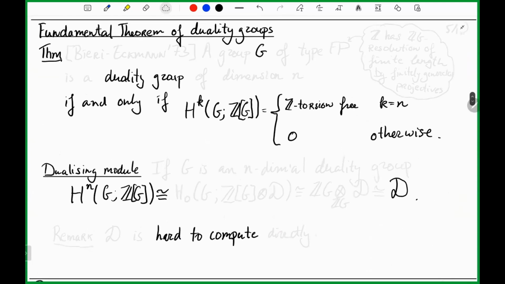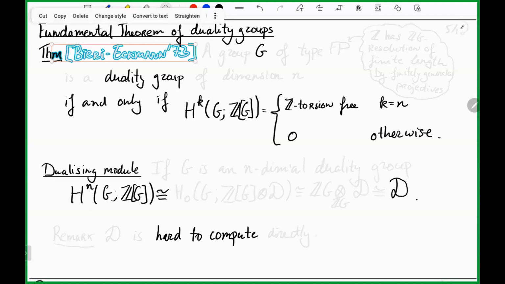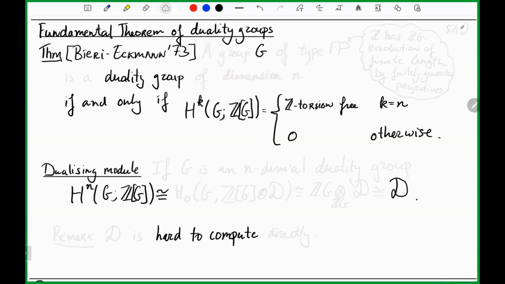Okay, so to give you a little bit of a feel for what's going on with these duality groups, let me state what I think deserves to be called the fundamental theorem of duality groups. This is from the same paper by Bieri and Eckmann from '73 that introduced these duality groups. The theorem says that a group G of type FP